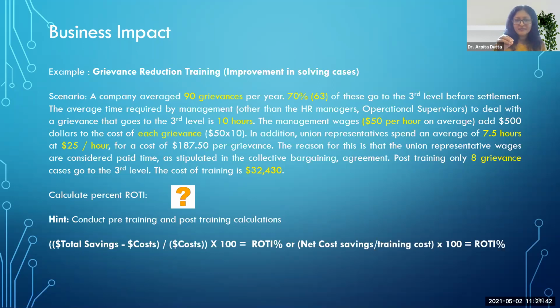So post-training, they wanted to see that the number of grievances which go to the consultants and to the top management is much, much less, so they can save the cost. There would be cost saving from the consultant angle, right? There would be a time saving from the top management angle, and there would be more efficiency at the below